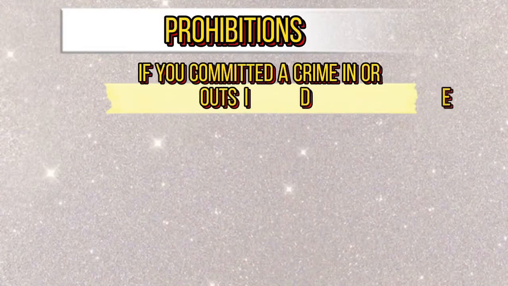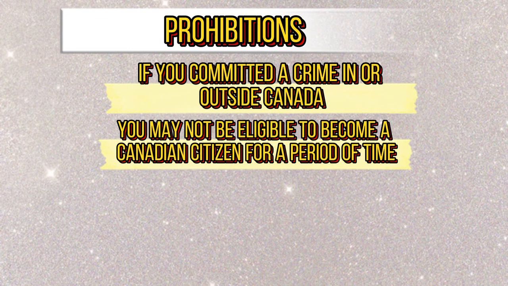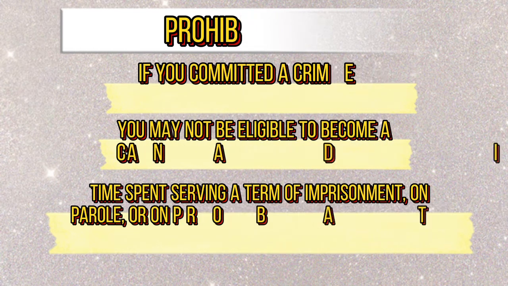Prohibitions. If you committed a crime in or outside Canada, you may not be eligible to become a Canadian citizen for a period of time. Time spent serving a term of imprisonment, on parole or on probation doesn't count as time you've lived in Canada. After you've checked all the eligibility requirements and you have confirmed that you are eligible, you can register online